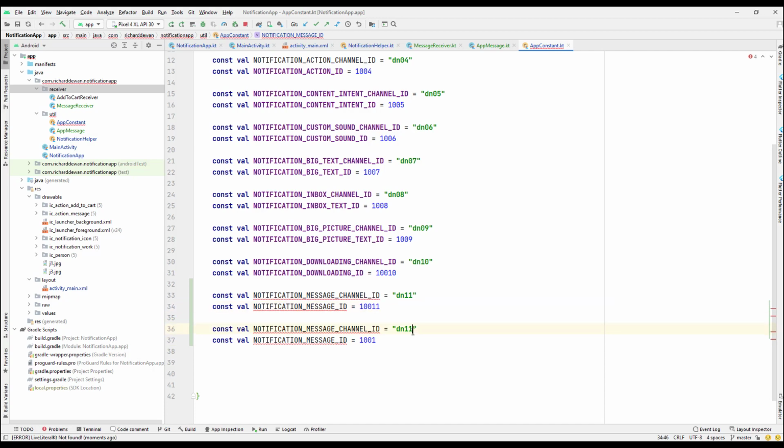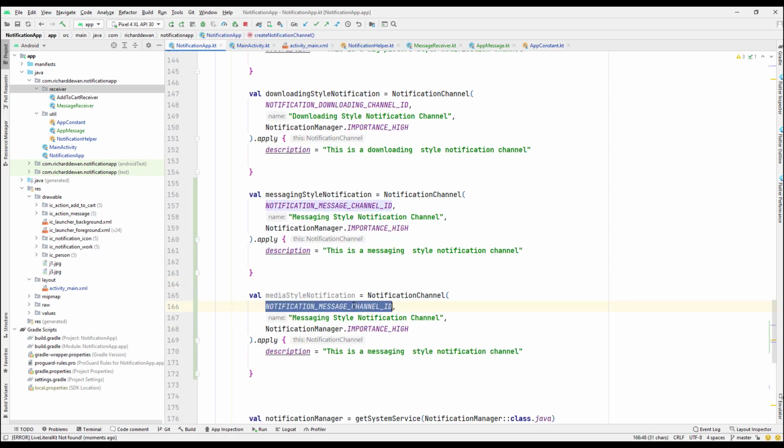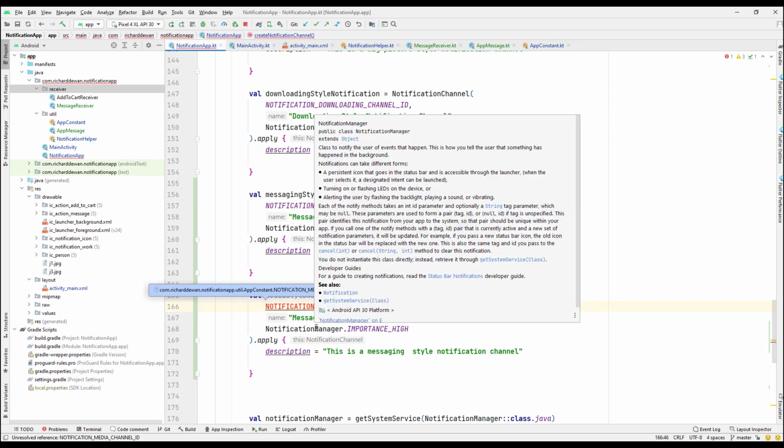It should be 11, and don't forget to change the value over here, otherwise your application notification may get mixed up because it has the same ID, right? Then we need to change this one to media, and also the ID of the notification itself. So just copy the channel ID, the notification channel ID, and paste it over here, and just import that